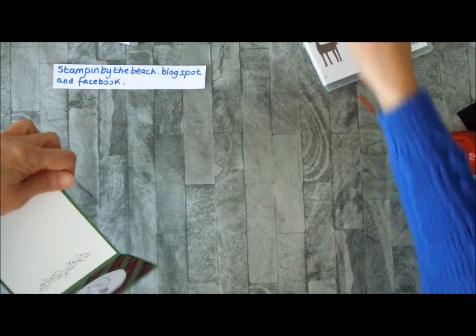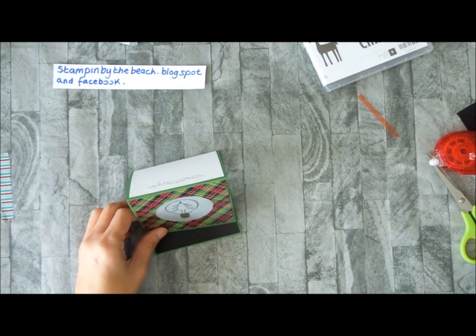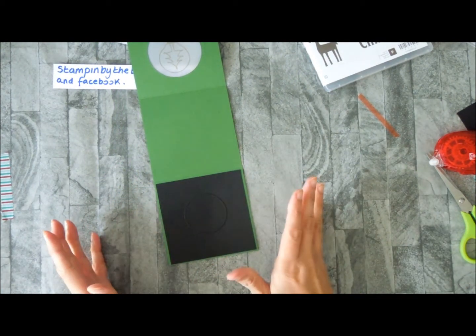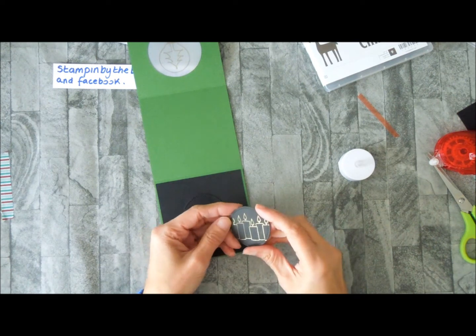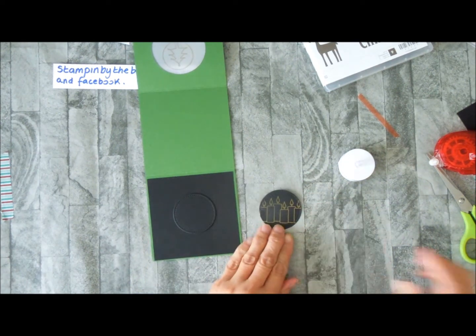And then inside, I didn't do it on the other one, but I'm going to put a little circle in the middle there so people know where to put their candle. What a good idea. And what I've done, again off camera, I have heat embossed it in gold with these